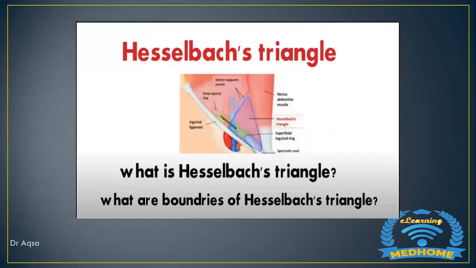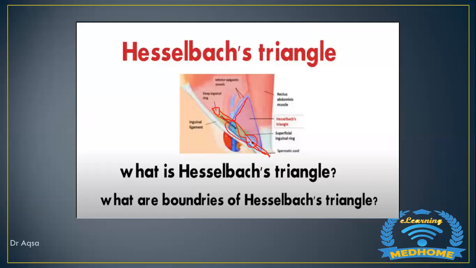Now we have the Hesselbach triangle. What is the Hesselbach triangle? It's a very clear and easy diagram to understand. This is the deep inguinal ring, and this is the superficial inguinal ring. The content is the spermatic cord coming down from the inguinal canal, and the space in between is called the inguinal canal. And the inguinal canal has a space